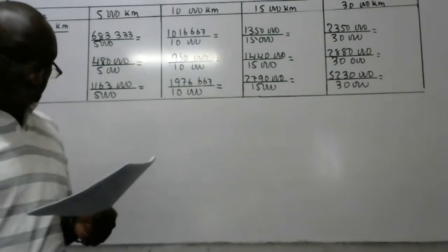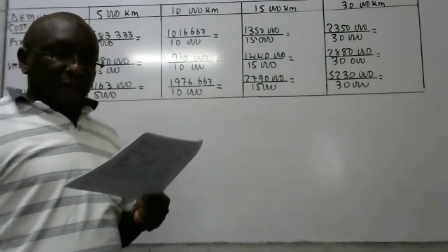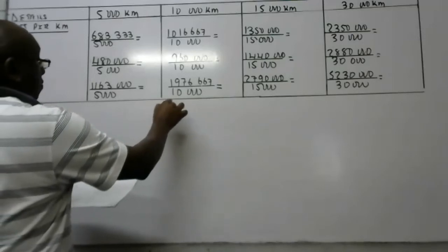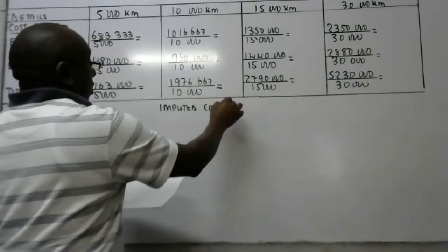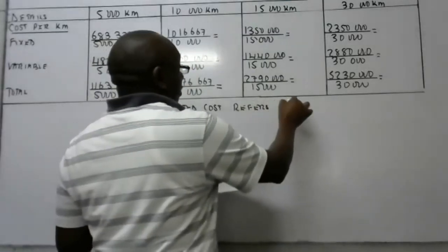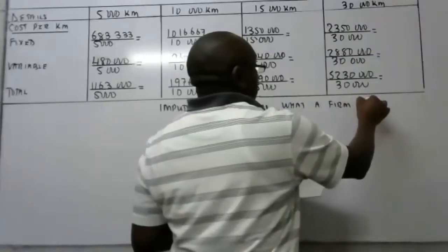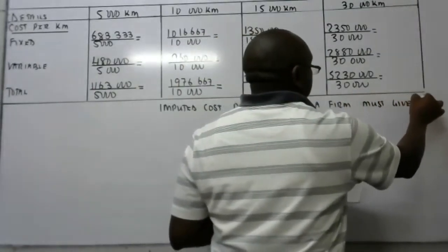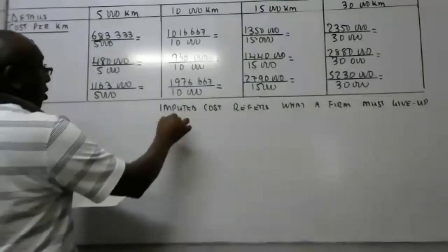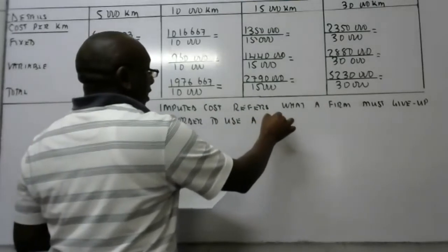Okay, as we wait for Mohamed, we proceed to question 3. Citing appropriate examples, explain the meaning of the following terms as used in cost classification. The meanings. So, imputed costs refers to what a firm must give up in order to use a factor of production,